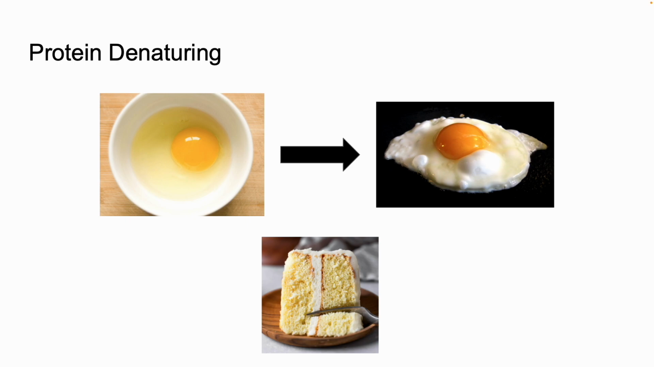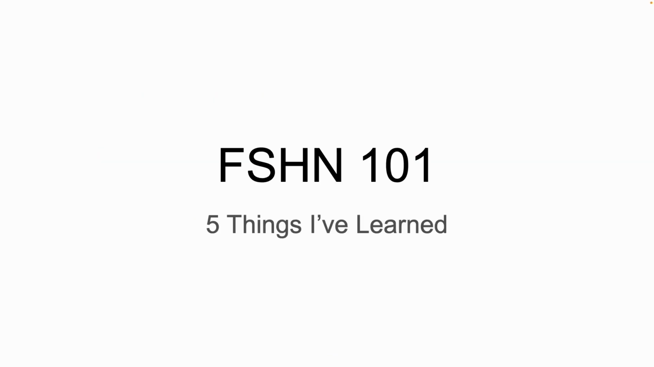And as it relates to cookies and cakes, we see that the denaturing of eggs while it's baking actually helps solidify the structure of a cake or a cookie, which allows the structure to be more fluffy and keep that shape without breaking down. That's all for today, and these are only 5 of the things that I've learned from